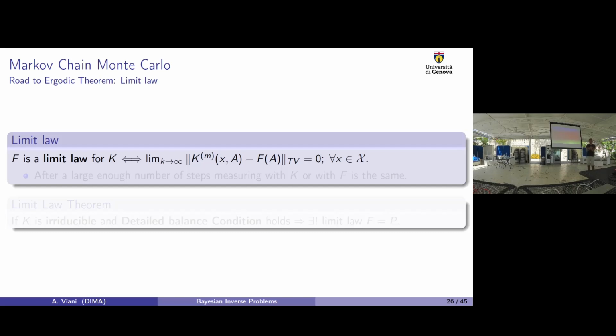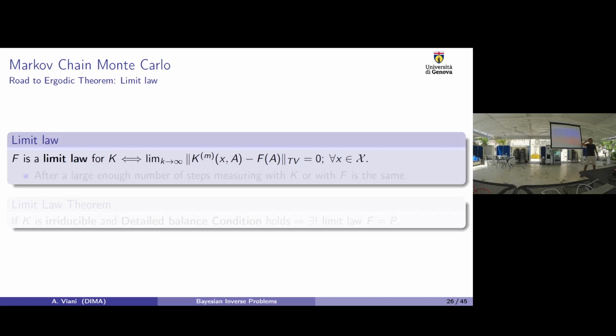How can we define something that says, in the limit you arrive at P, our target distribution, the limit law? So we say that a measure is the limit law for our chain if in total variation, after a huge enough number of iterations, this is M, the multiple step kernel,